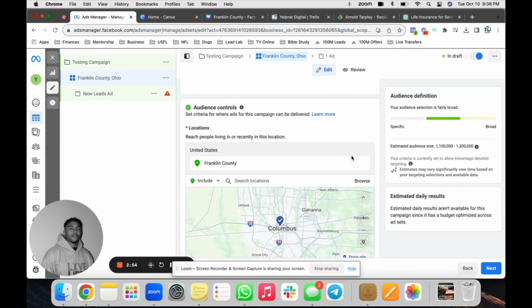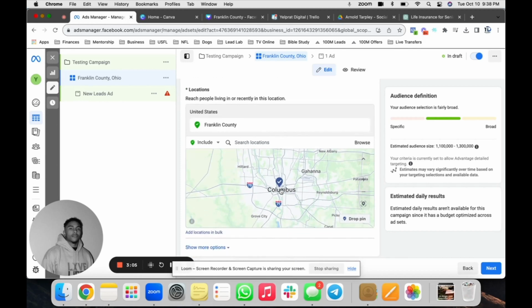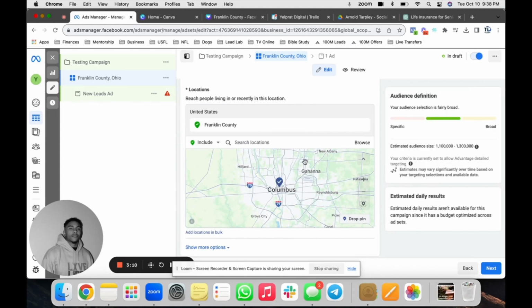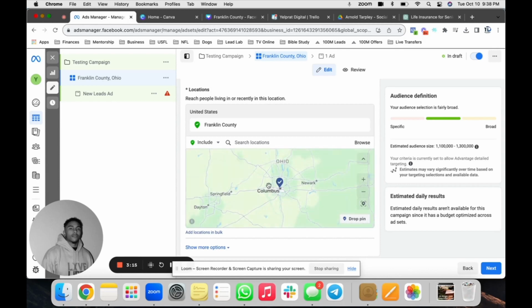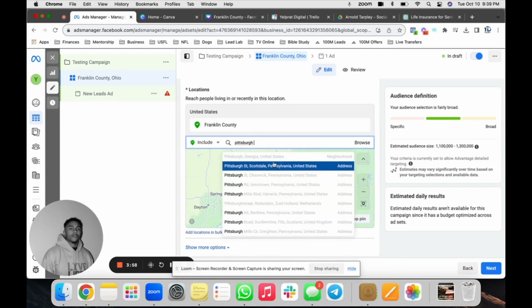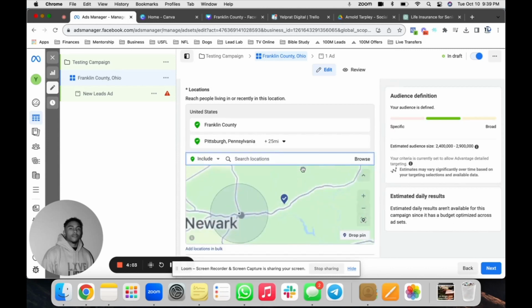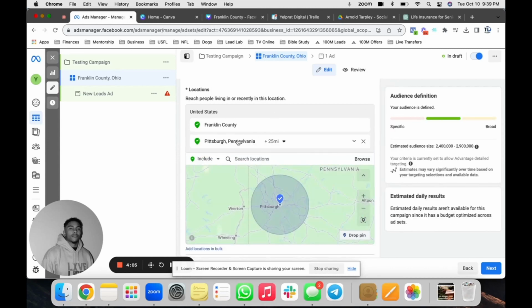Now, here's a few things you guys need to know, all right? So you can go in person and do cities, but the issue with the cities is typically when you come in here, the range that you have is going to be fairly interesting as far as targeting. So let's say that you do a 30-mile radius. So let's play with this. All right. Well, for whatever reason, that's not working. So let's go just Pittsburgh, Pennsylvania. We're just going to use this.